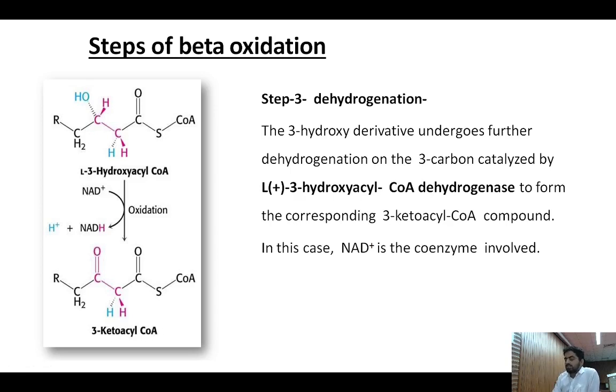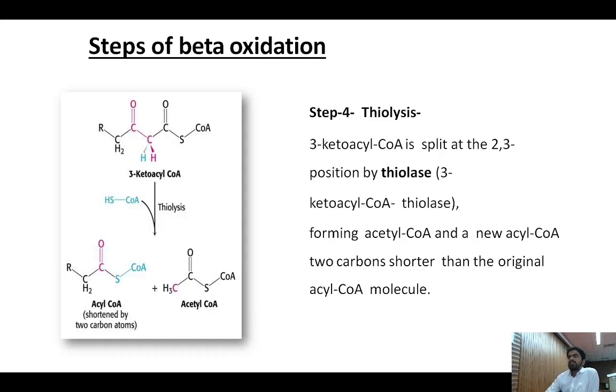We will see the full reaction together also. This is the last step. For this ketoacyl coenzyme A, thiolysis will happen with the help of thiolase enzyme. So ketoacyl coenzyme A, with coenzyme A SH required here, forms acetyl coenzyme A. So a two carbon molecule will be released, forming shortened acyl coenzyme, right? Because this is still acyl coenzyme. The chain is still of fatty acid combined with coenzyme A SH, but the two carbons have been released in the form of acetyl coenzyme A. So this is now the shortened acyl coenzyme.